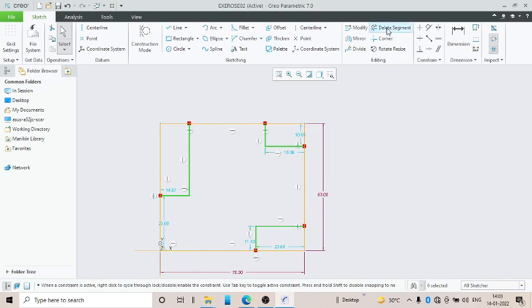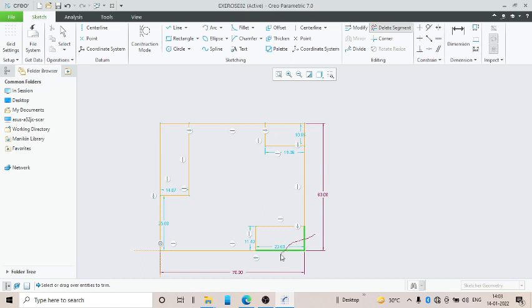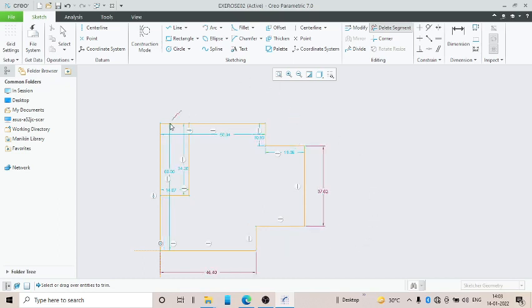You can select the delete segment option here, then just click and drag this portion like this. Now you can see again the same shading is appearing.